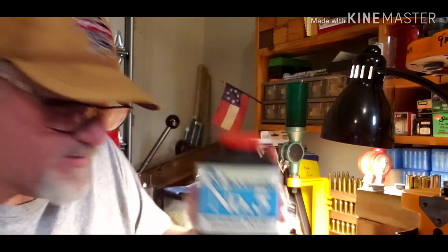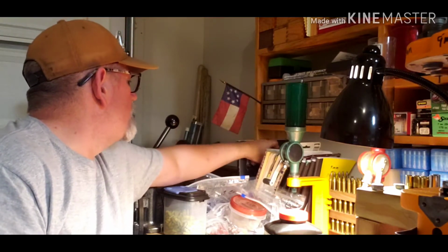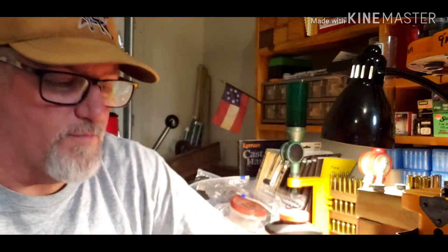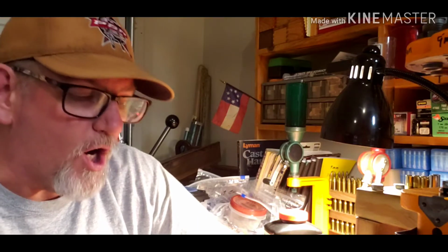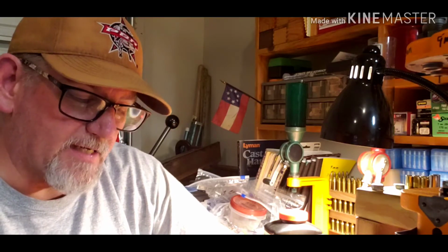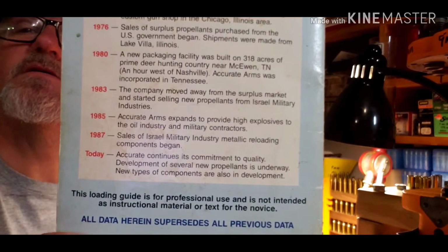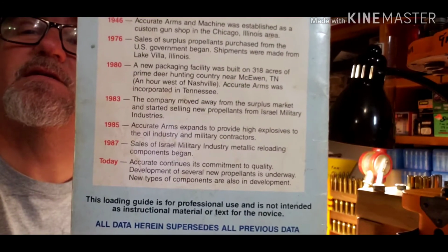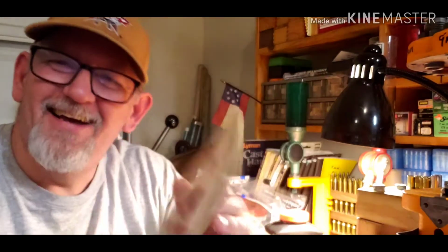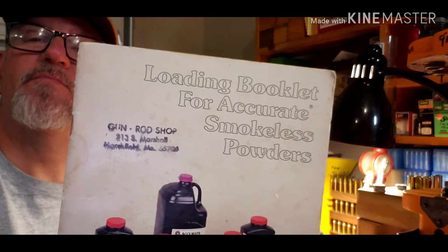And since we're using some of this vintage No. 5 powder, we will probably have to use some vintage reloading manual from that era. Okay, so I thought this had a date on it, but I guess the last date on it is, you see right there where it says '87 to now, 2011. Probably '89 or '90 when I got this. And I got it, if you can see the stamp right there,